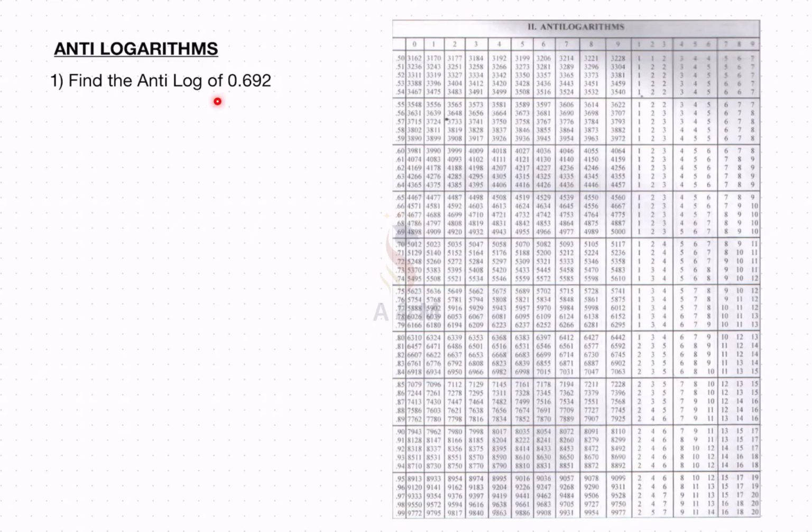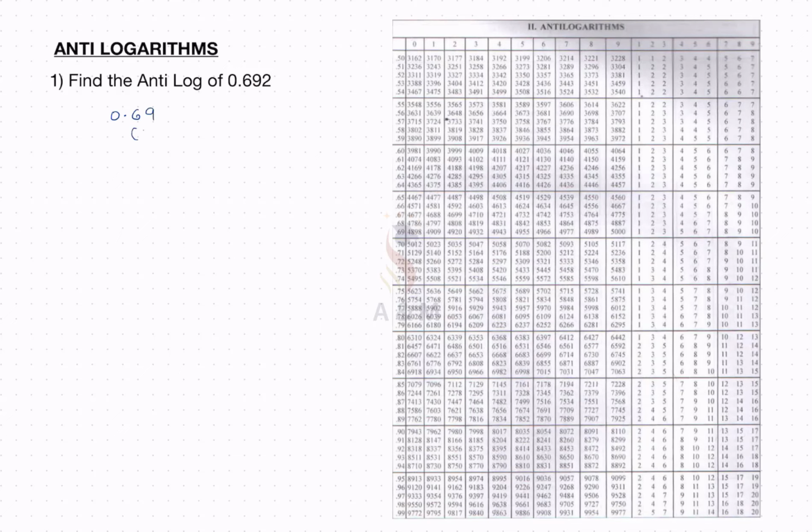Find the antilog of 0.692. Here you can see the row as well as column wherein it is from point. Okay, it starts from 0.00, 0.01, 0.02. Okay, so here the question is 0.692. Now you have to take 0.69. Okay, because the number starts from 0.01. Clear? So 0.69 you have to take first,